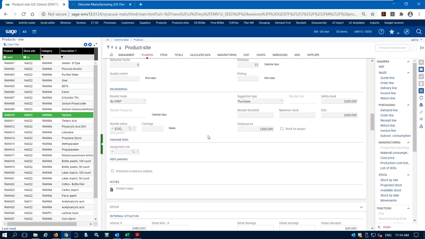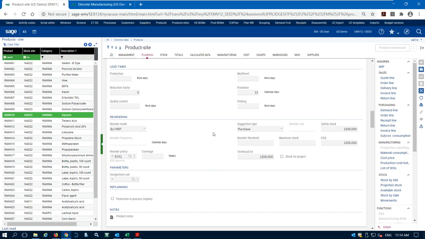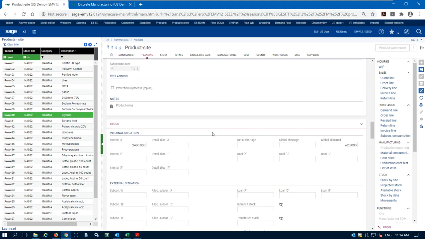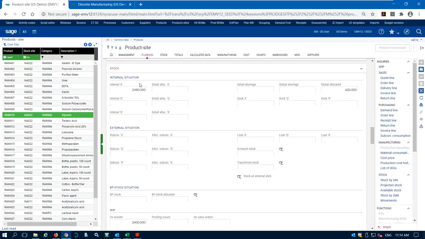So anyway, here is the setup that we're going to use to derive our MRP results for this product. And of course we have our internal situation. X3 knows what's going on with this product, how much we have on hand, how much we have on order. So down here you can see we have 2,400 units on order, and it knows how much is allocated to various work orders. So this is a raw material. We're not selling this to a customer, we're using this in our manufacturing process, and we have 620 units allocated to various work orders. So X3 is keeping track of all the allocations, the usage, what's on order, because obviously all of these factors come into play when it figures out how much we need to purchase